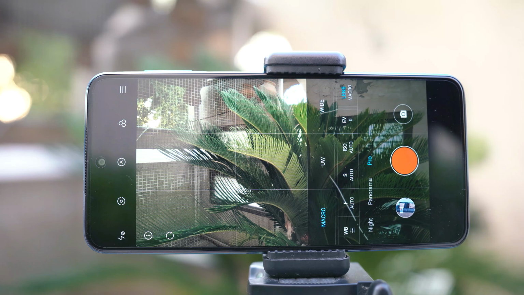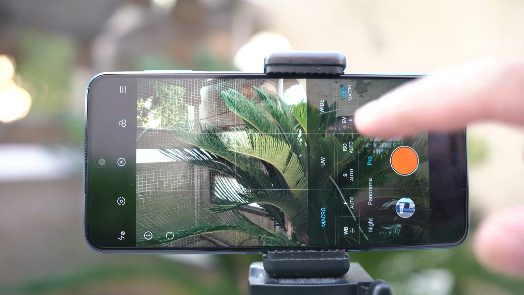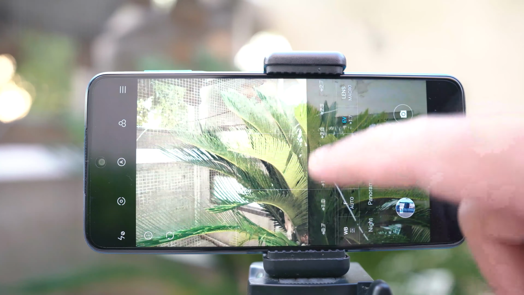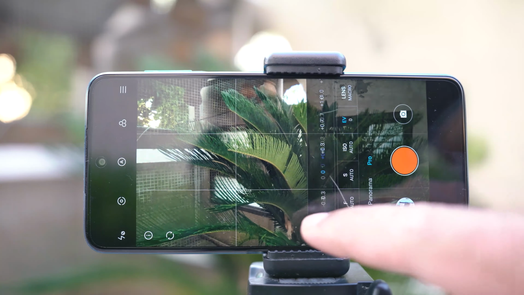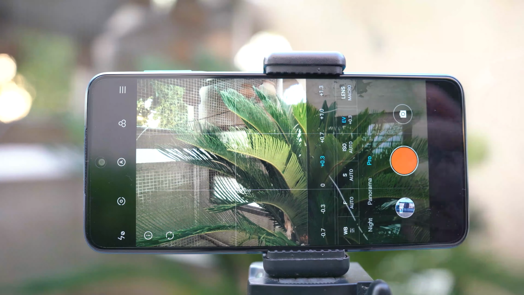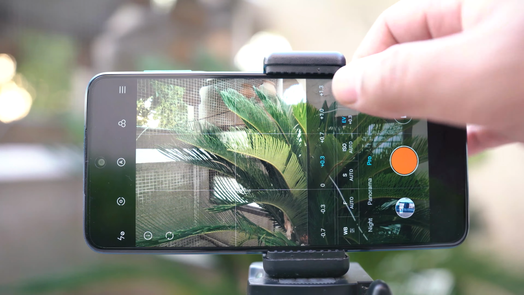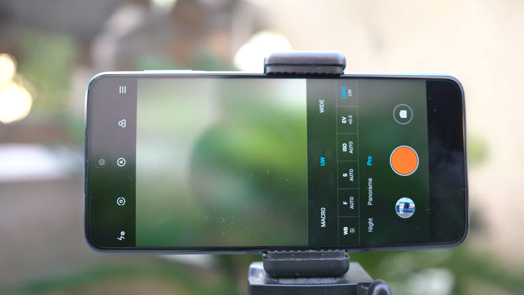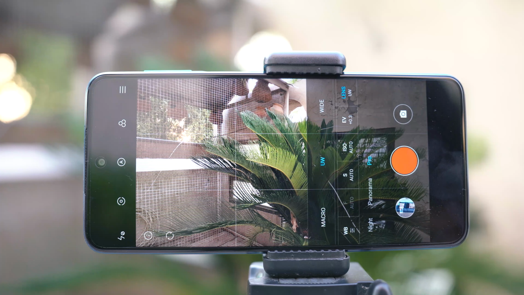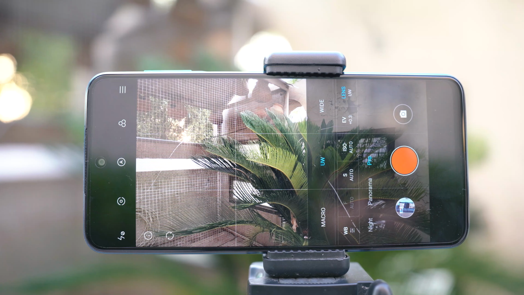Here my favorite part once again is the macro video recording capability, and for the macro lens, you can change the exposure, you can change the ISO, you can also change the shutter speed, and you can select the custom white balance as well. Now if we switch the lens here and we go to the ultra wide lens, you can see that now the focus option is faded out, which means that we can definitely not touch the focus here. However, the white balance, the shutter speed, and the ISO along with the exposure can still be changed.